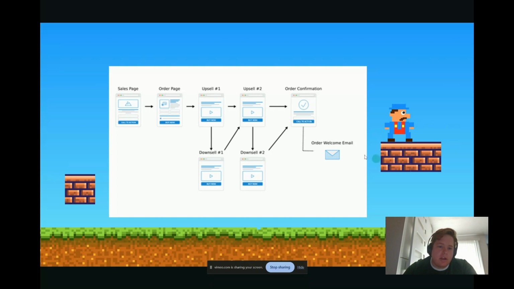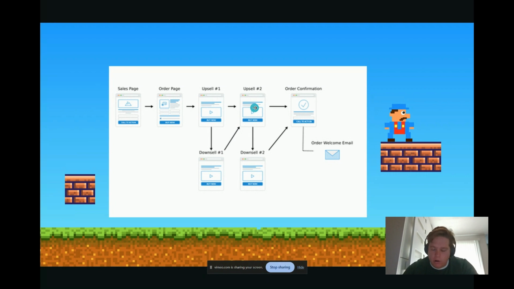But here on the left side, you see a sales page. So that's where people are hitting that offer. That's what we're going to go over today, how to build that sales page. And you can see the next step would be like an order page or a simple checkout page to buy that product. Say you're buying supplements. Next thing they can hit is how you increase the actual cart value or the lifetime value of that customer as you introduce upsells and downsells.